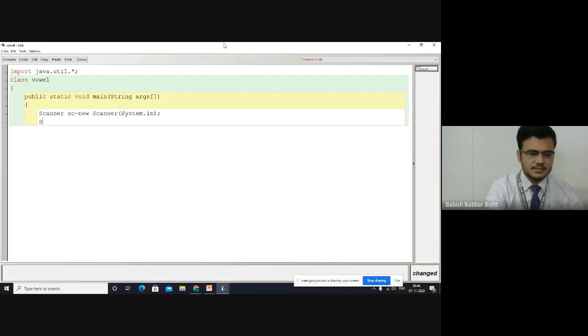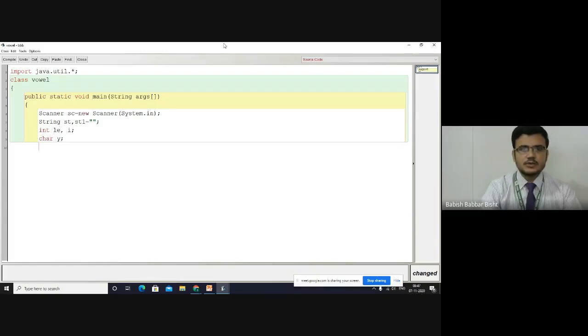Now declare variables: String st, st1 equal to null. Then I will declare here int le for length, i for loop variable, and I will declare one character variable y. Then I will ask the user to enter the string.